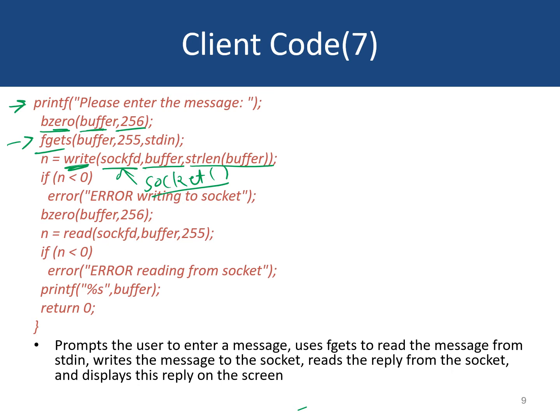Once again, this write function call will return the number of bytes or characters that were successfully written in the socket, which is usually a positive integer. Now if for some reason there was an error writing on the socket, then the return value of this write function call would be negative, and if that happens, we will print an error message and terminate the program. Assuming there was no error, the message was sent successfully over the socket.